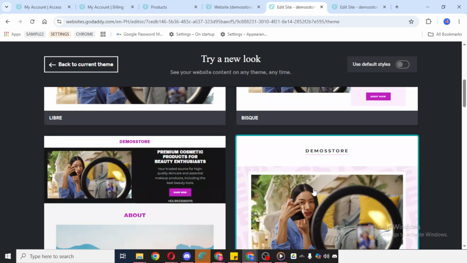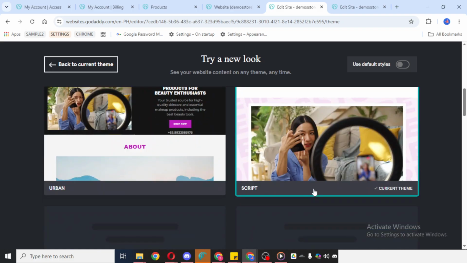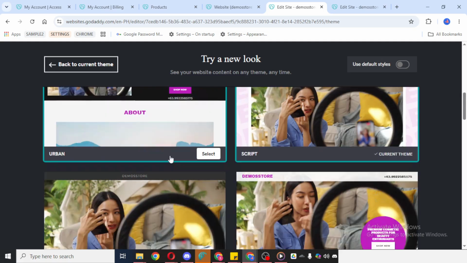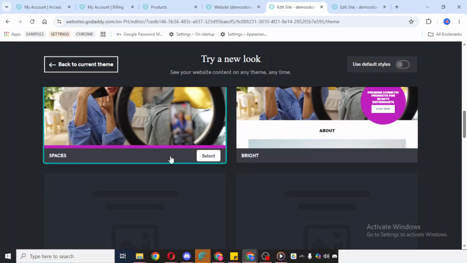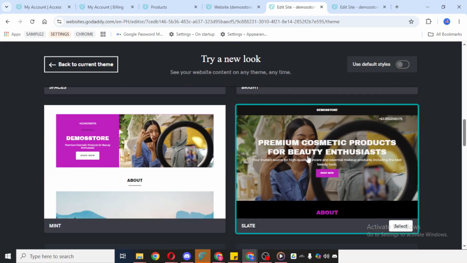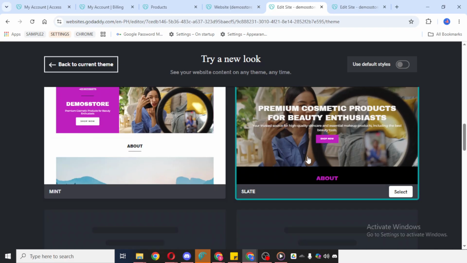A helpful tip is to think about readability, image placement, and how easy the site will be to navigate for visitors. Even if several themes look nice, the best choice is usually the one that supports your content clearly and feels consistent with your website's purpose.